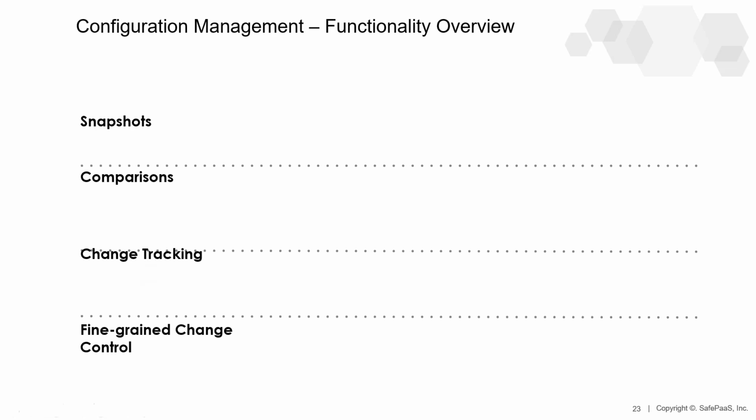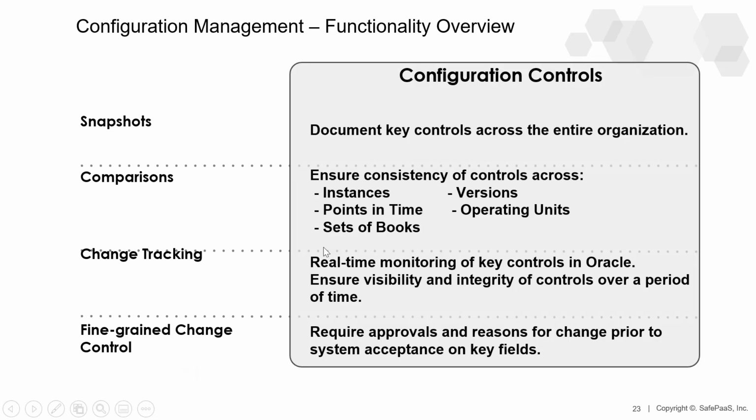So somebody sets up a three-way match, you're rolling out Australia, New Zealand, and South Africa, and then in one place somebody changed it back to a two-way match, and so this whole back and forth can create problems. So comparison and change tracking is important, and then fine-grained change controls. So examples would be checking across the organization, different business units, multiple instances, points in time, different ledgers or sets of books, versions, operating units. So you can compare and contrast